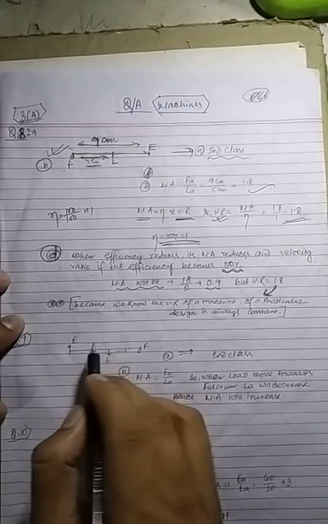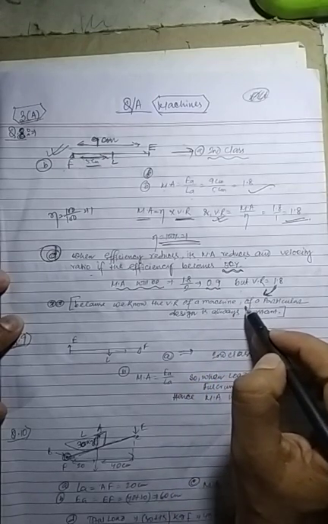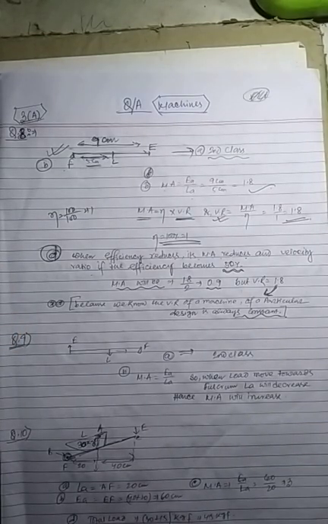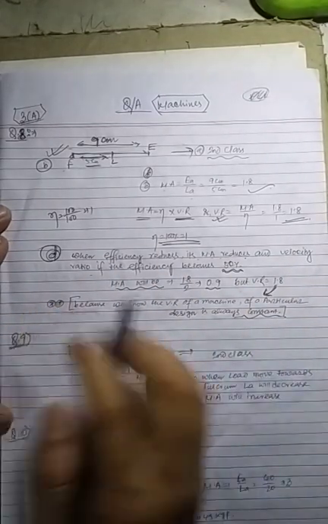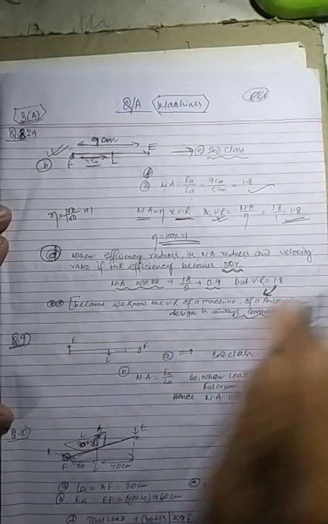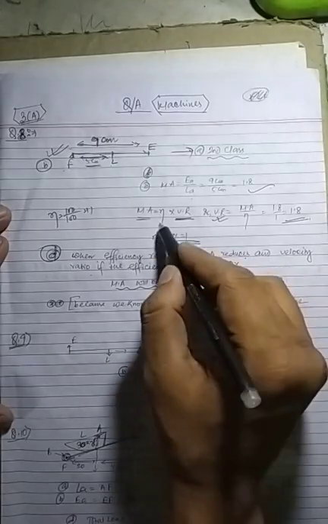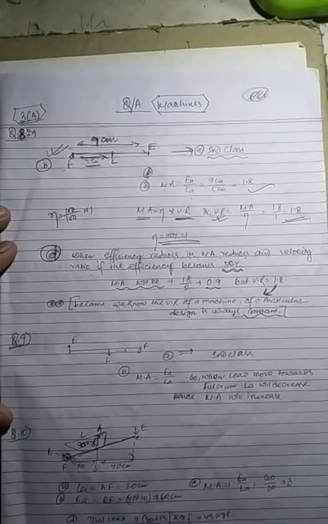Why, students? Again I am saying, because we know the velocity ratio of a machine of a particular design is always constant, because the velocity of the effort and the velocity of the load are always constant. Mechanical advantage depends on the internal structure and friction and everything, but velocity ratio does not depend on them. That's why velocity ratio is constant. So velocity ratio will remain intact, but if the efficiency is half, then the mechanical advantage will also be half. So that is the thing, students.